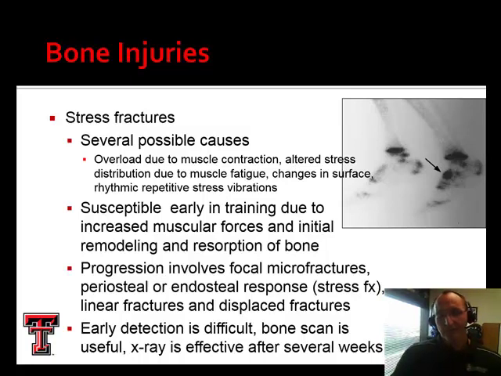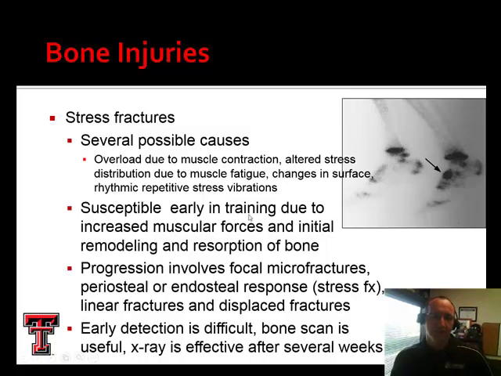occurs. Overload. I was running more than I was used to. I'm heavier than I've been, and I was running too often. I tried to run through pain. I thought it was just soreness, and eventually ended up with a stress reaction, which is kind of a precursor